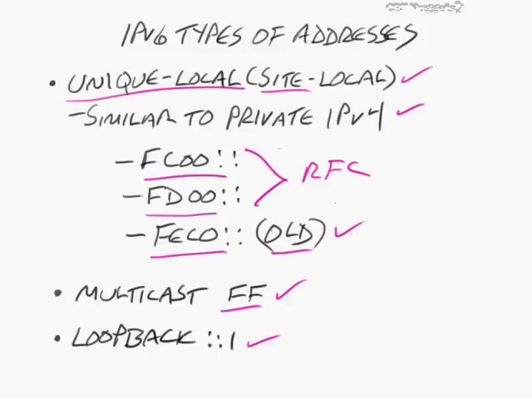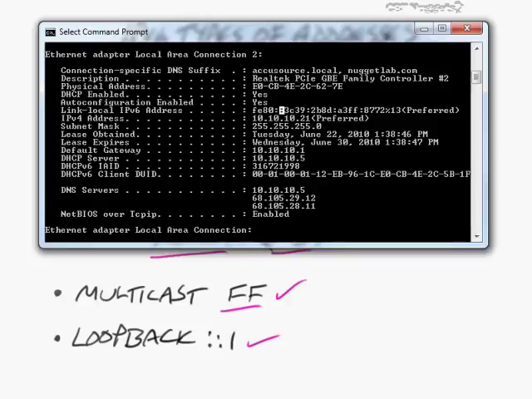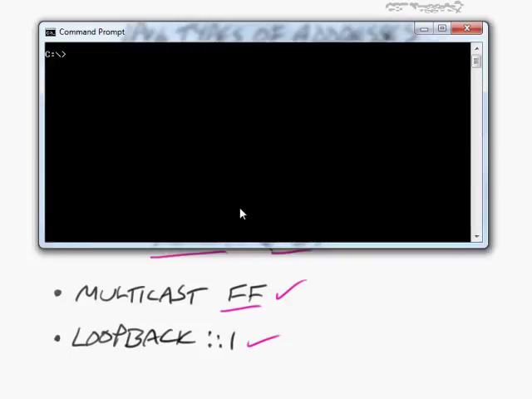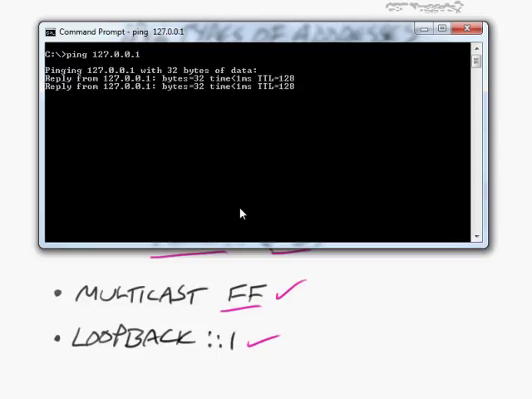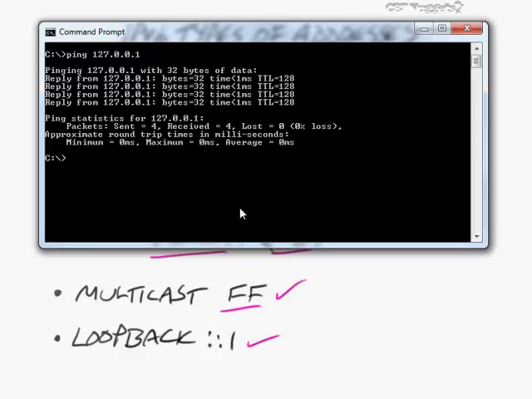Now, in IP version 4, let me get my command prompt open here. In IP version 4, we could ping a loopback address as well. Do you remember what that was? Yeah, it was ping, no, I forgot, 127.0.0.1. And that was our loopback address. The fact of the matter is, though, did you realize there's actually 16 million different loopback addresses? That's right, because 127 is a Class A address, and it's not really technically just 127.0.0.1. It's the entire range. So I could also ping